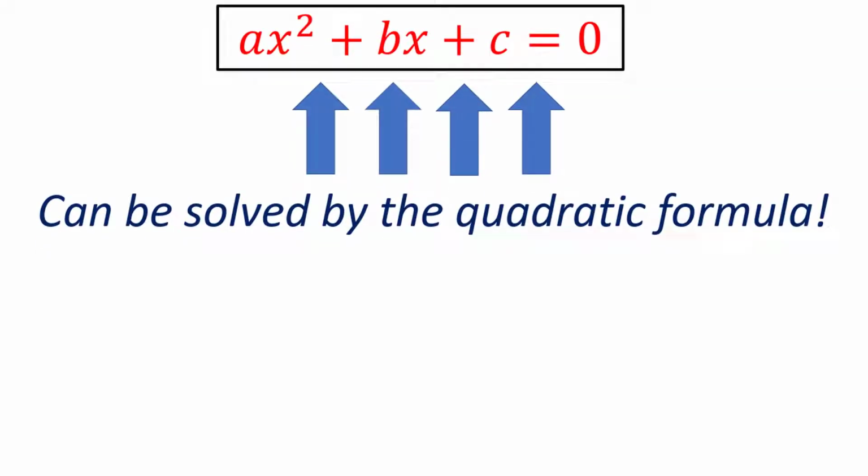Welcome, my friends! The quadratic formula is a formula that allows us to solve any equation in the form ax squared plus bx plus c is equal to 0. Another way to think about the quadratic formula is as a method to find the x-intercepts, or zeros, of a quadratic equation. The quadratic formula should be your last resort, and you should try applying other factoring methods first before applying the quadratic formula.